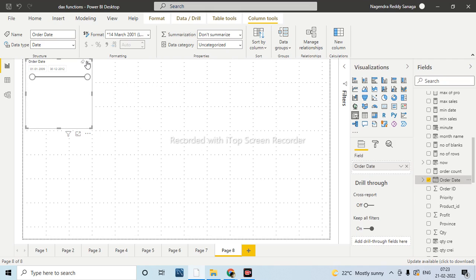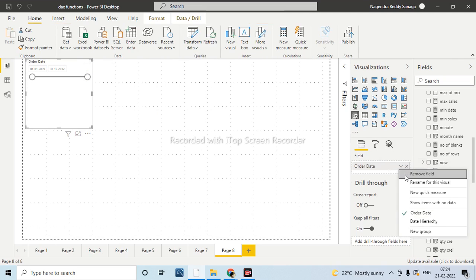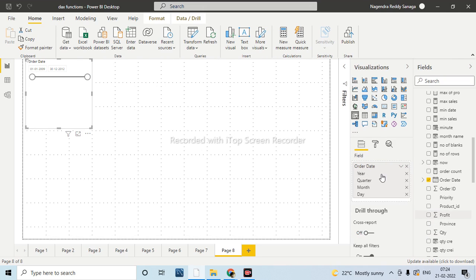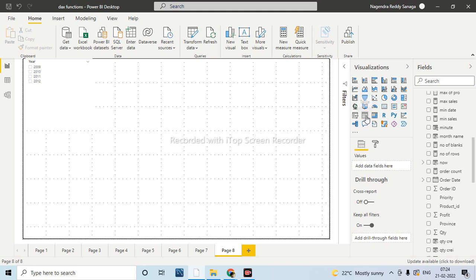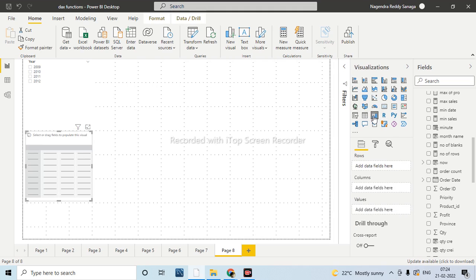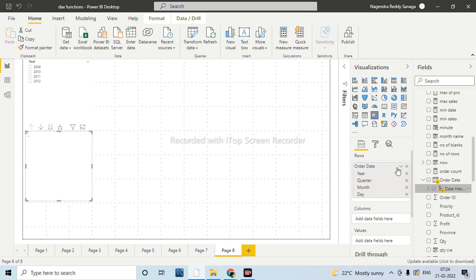Now I am taking the information in a matrix, order date.